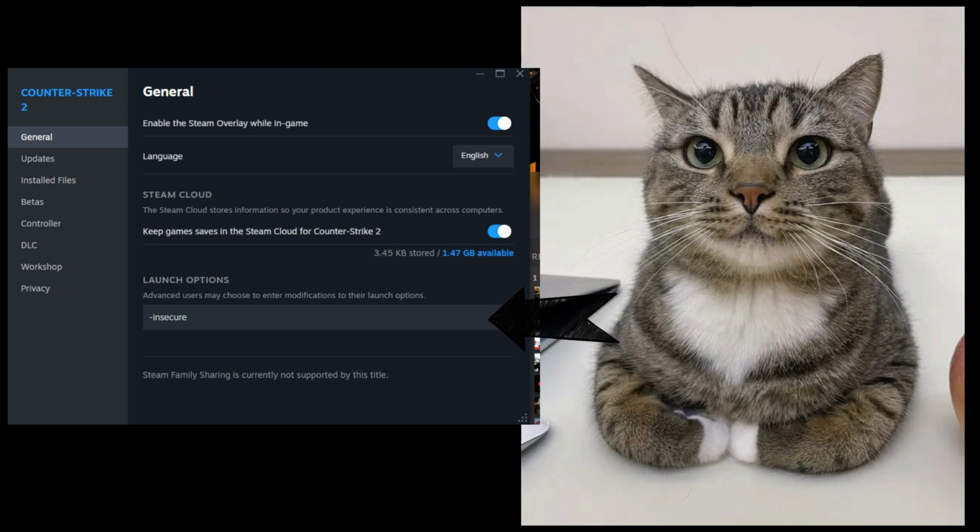Please also remember not to get banned. This only works in -insecure mode, in your properties on Steam for CS2. So go in there, put the -insecure flag, and you'll be straight. So this can work in game though. This is a perfectly fine